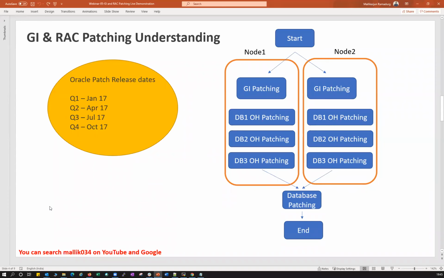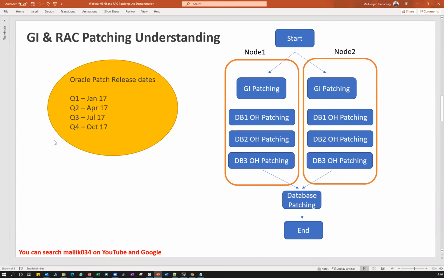Okay, there's one more question from Tanmay. What if you have a DR? That's a good question, Tanmay. One of the best practices is to always patch your DR first, and then give it a couple of weeks, like 1 week, 2 weeks, or a maximum of 3 weeks. There's a particular Oracle MOS document I will share after the end of this session. Oracle also recommends patching your DR system first and not going beyond 4 weeks. I have seen it in one of the MOS documents, and I'll figure it out and share it. If you are planning to go for more than 4 weeks, it is not advisable.